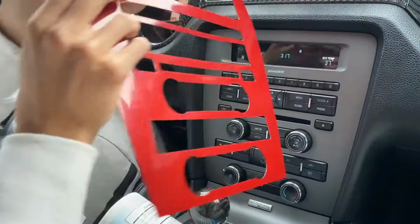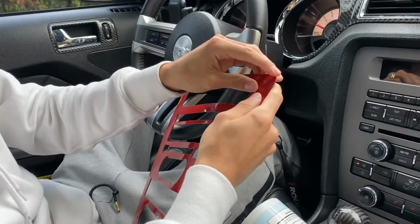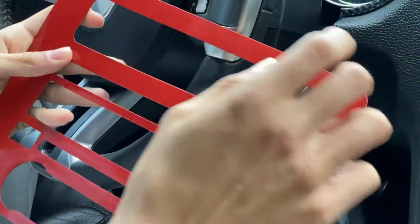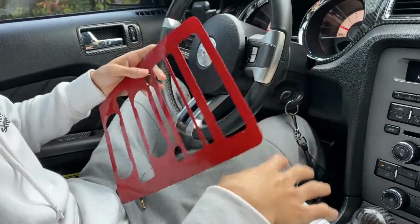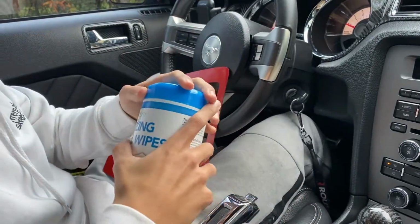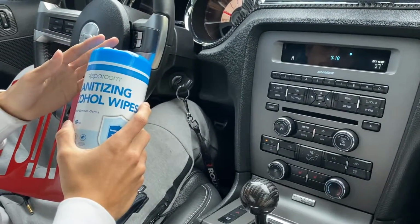Basically it is a 3M material on the side. So you peel it off and you want to make sure you heat it up with a heat gun just to make sure the adhesive is nice and pliable. However, the first thing you want to do, when applying this area, is get disinfecting wipes,